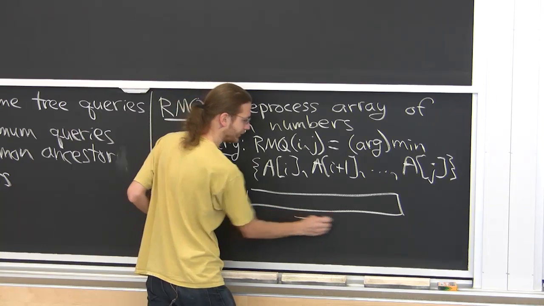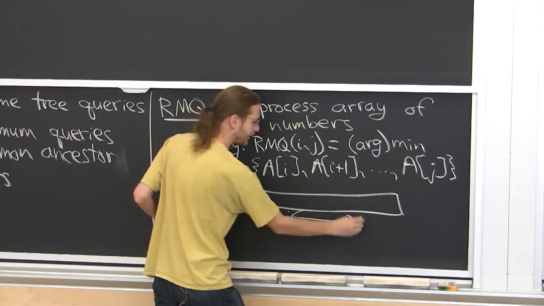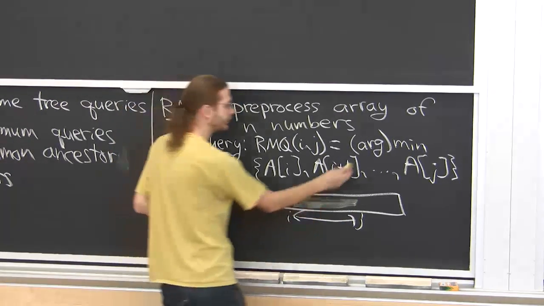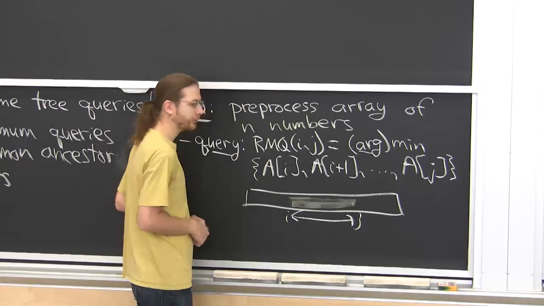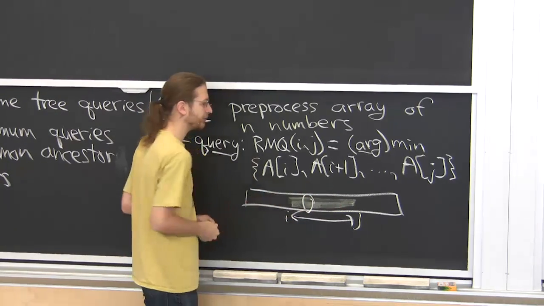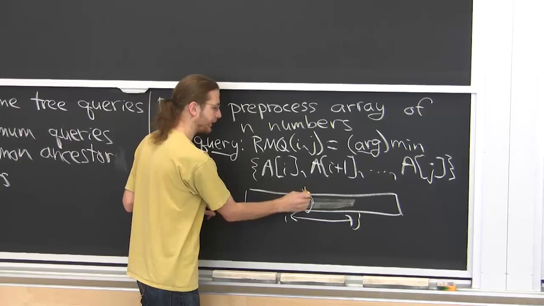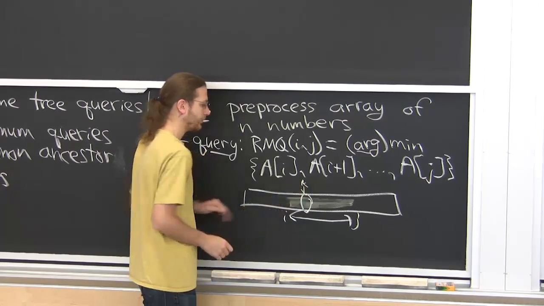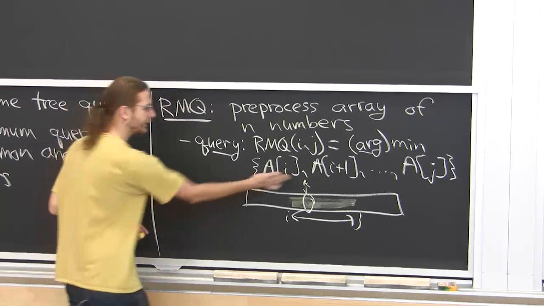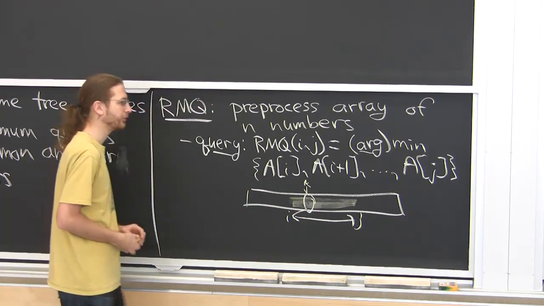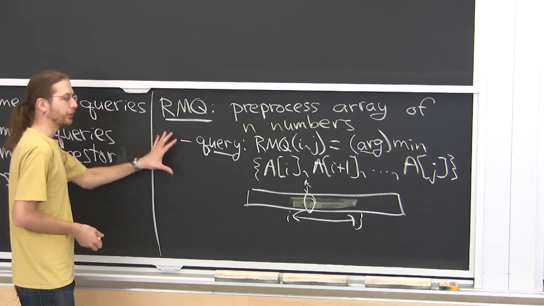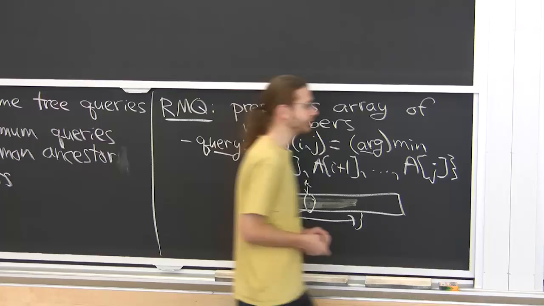I give you an interval that I care about, i j. I want to know in this range what's the smallest value. And a little more subtle, this will come up later, I don't just want to know the value that's there, like say this is the minimum among that shaded region, but I also want to know the index k between i and j of that element. Of course, if I know the index, I can also look up the value. So it's more interesting to know that index. Okay, this is a non-tree problem, but it will be closely related to a tree problem,